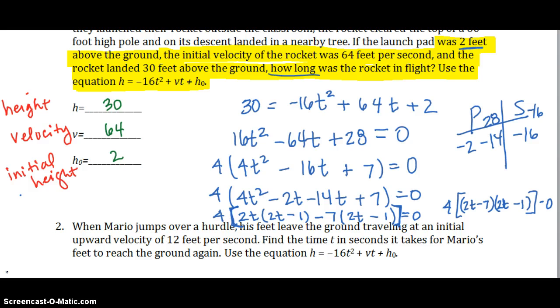So when I get this, you may want to pause the screen to see it in its complete factored state. I'm trying to find what makes it equal 0. And so my roots are 3 1/2 and 1/2. So how long was the rocket in